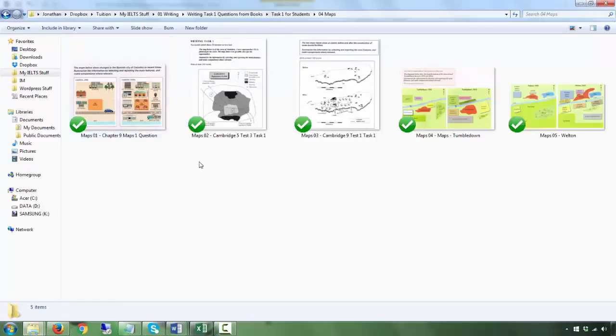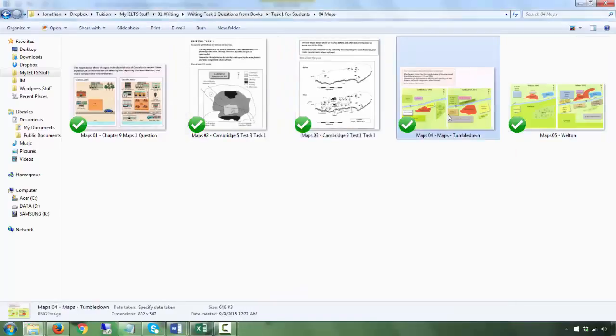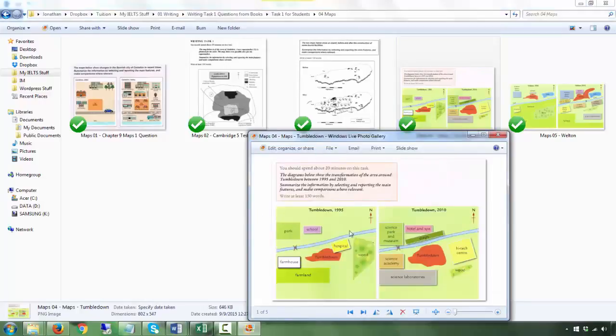I'm just going to focus on pretty much the two, because the more common one is you have 2 maps, all right? And one of them is normally before the other. Okay, so 1995, 2010. It could be like now or today or 2015 or something like that, or it could